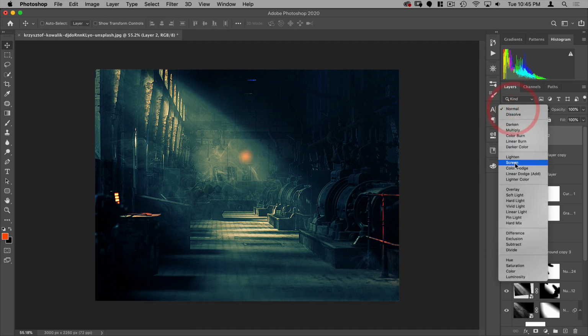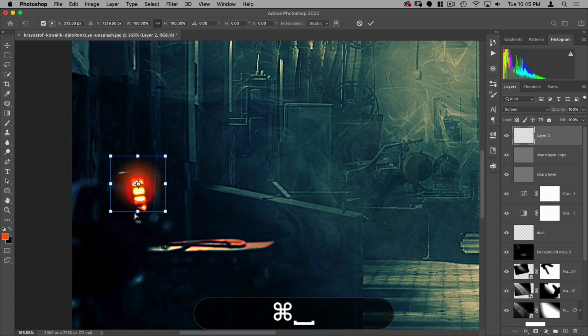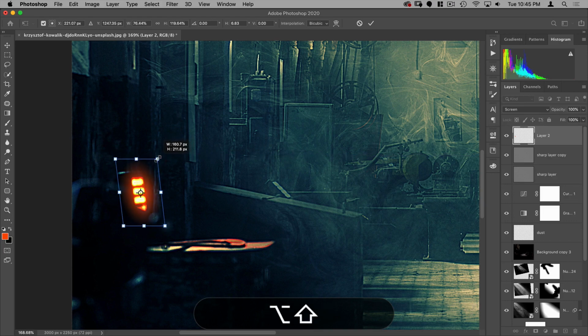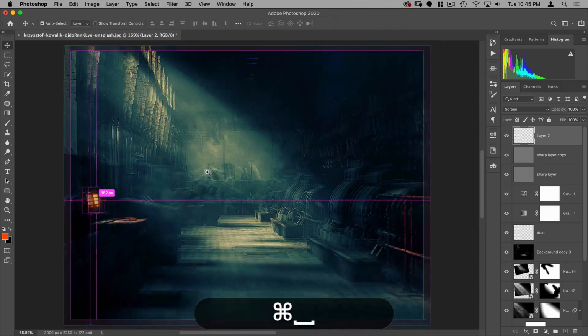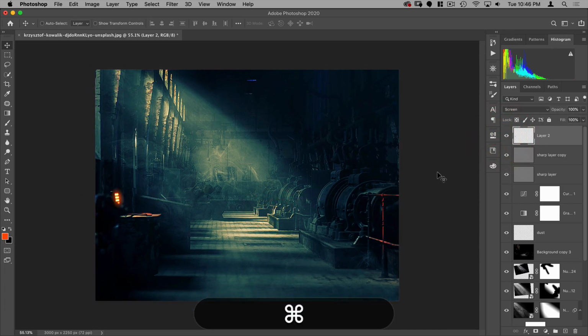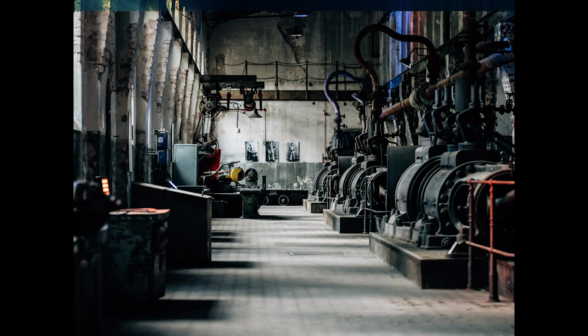And I put this on screen and then move that over here and then transform it so that it kind of acts as a bright light being generated right there. And just that little kick kind of gives the whole image a little more color. And there you can see the before and the after.